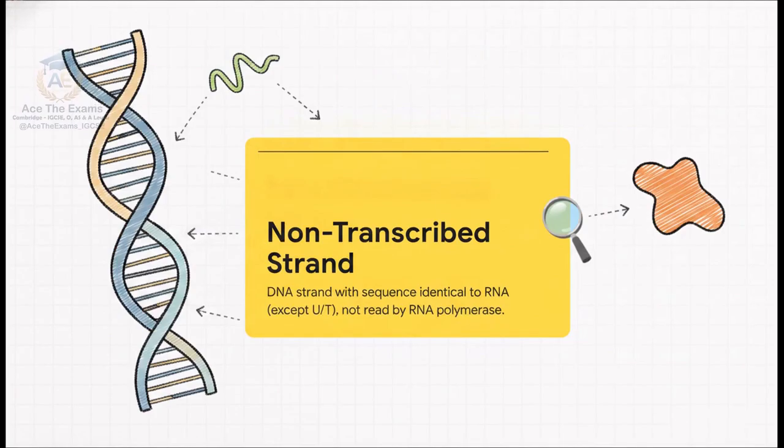And that brings us to the non-transcribed strand, which perfectly highlights the contrast. The non-transcribed strand is the DNA strand whose base sequence is completely identical to the synthesized RNA. Well, except for uracil swapping in for thymine, of course. But here is the massive distinction. It is not directly read by RNA polymerase. It just sits there. It holds the genetic code reference, but it's not the physical scaffolding being transcribed. Framing it as this identical genetic twin rather than the active template is precisely the level of detail the examiner